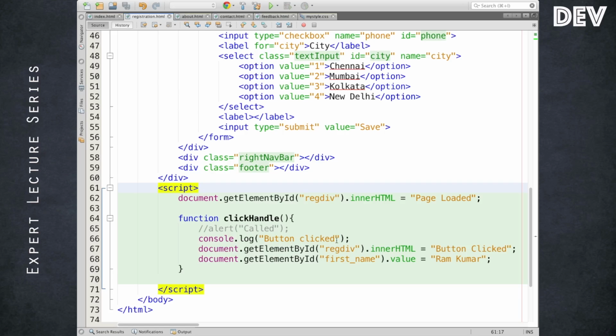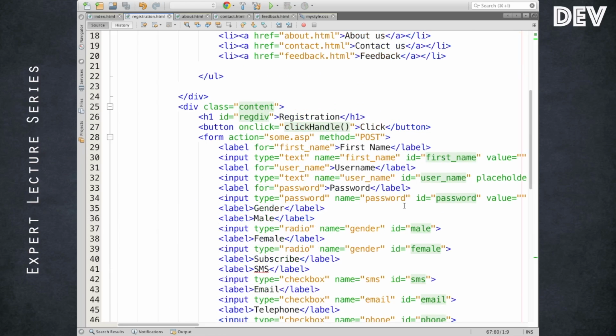The DOM can be manipulated in other ways. For example, the DOM value will take effect only on an input field or anything specific to form attributes. For any other element, use innerHTML. So the value could be manipulated in this way. It is a get and set. You can retrieve the value and you can also set the value. So if you modify it, the get and set will automatically take effect.